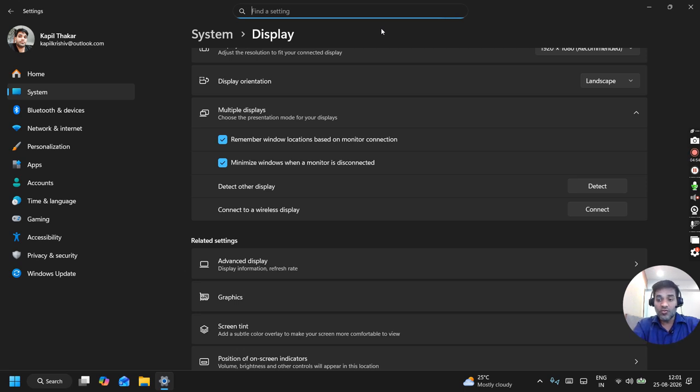If it is still not working, you can raise a Microsoft complaint as well. You can contact your laptop provider, HP, Dell, anything, and they can also help you there. So thanks for